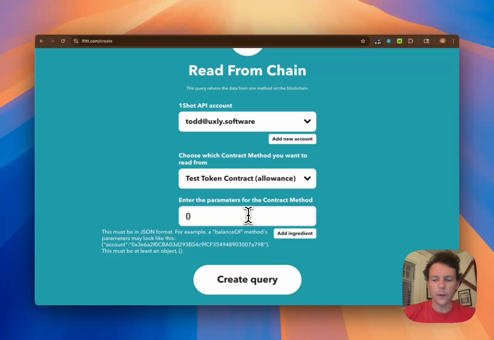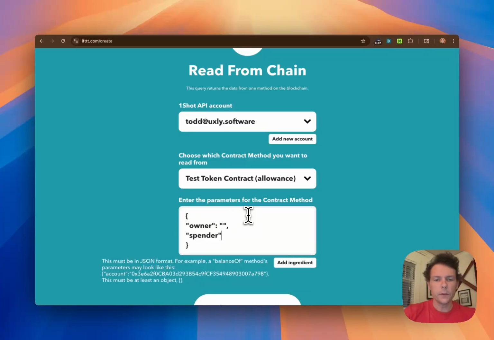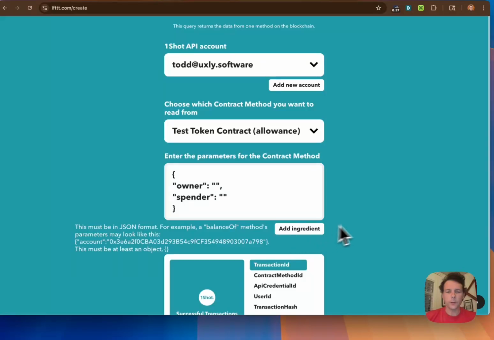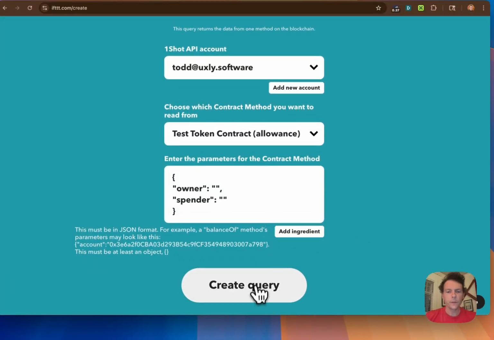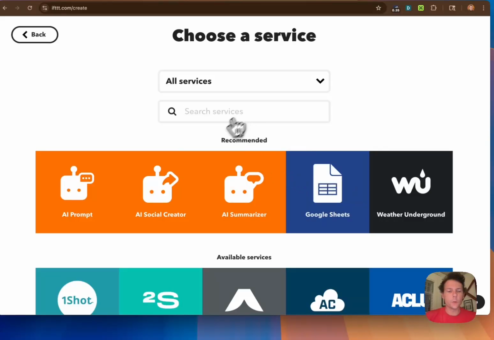So for instance, allowance, you would put in something like owner, and then an address, and then spender, and then another address. And depending on the trigger that you use for your applet, potentially fill these in with ingredients that come from the trigger. You can also stack queries. So for instance, we could do a read and